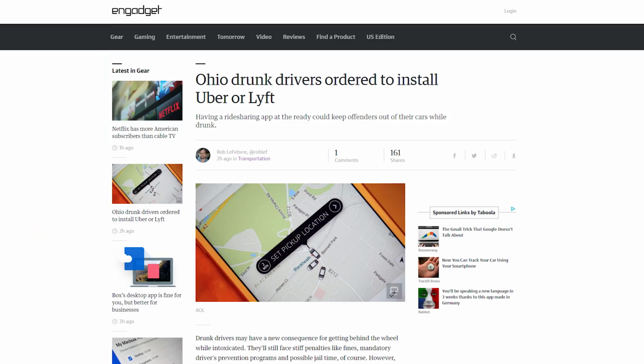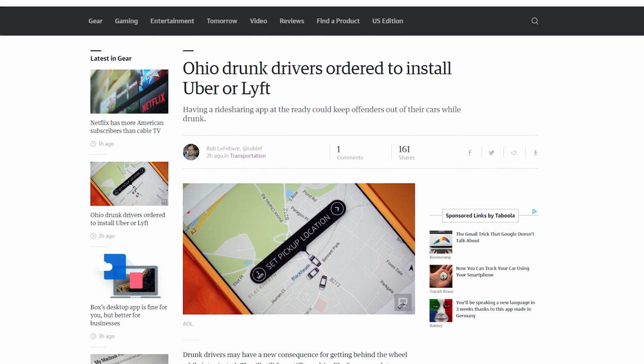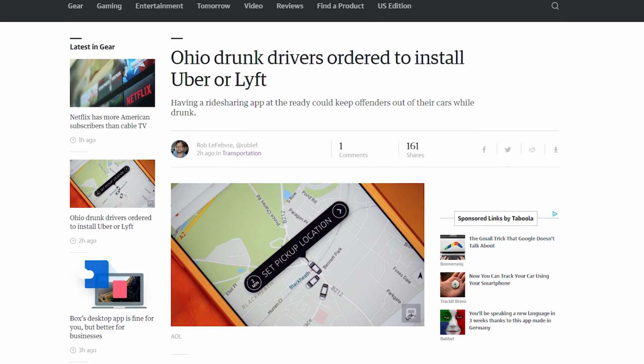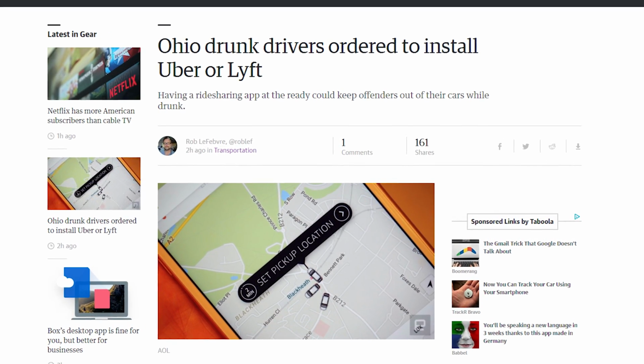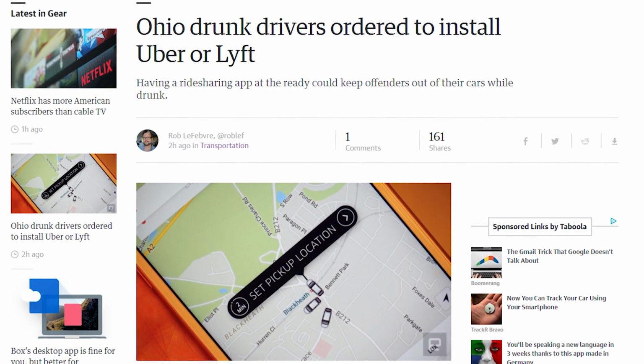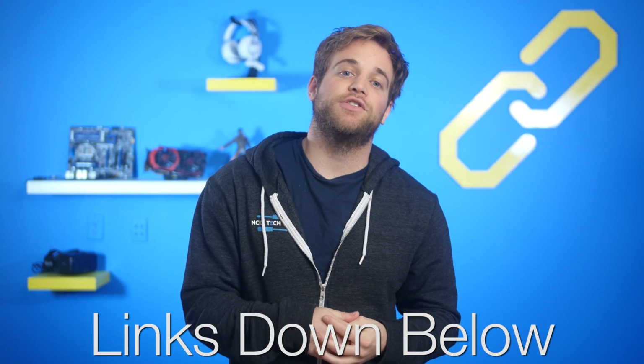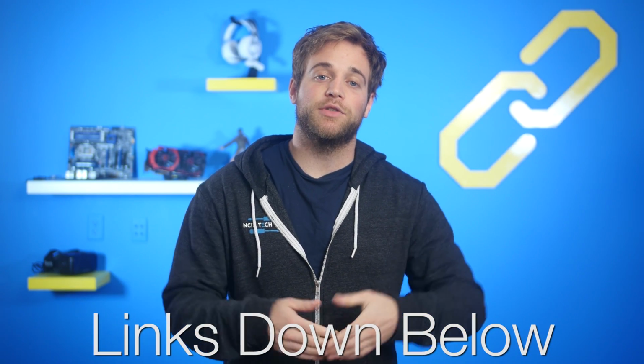A judge in Ohio has been ordering DUI drivers to download ride-sharing apps like Uber or Lyft and making them enter their credit card information. So if they find themselves in another intoxicated state, they can be less stupid and easily schedule a ride. That's a smart judge. Sources for all of today's news stories can be found in the NCIX forum post, linked